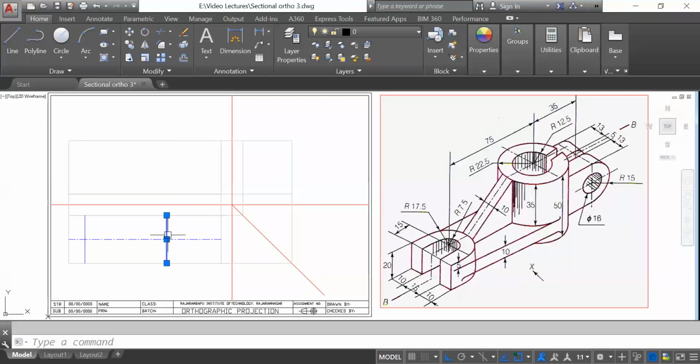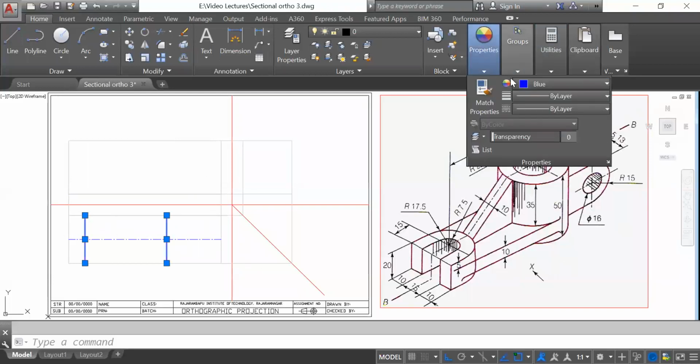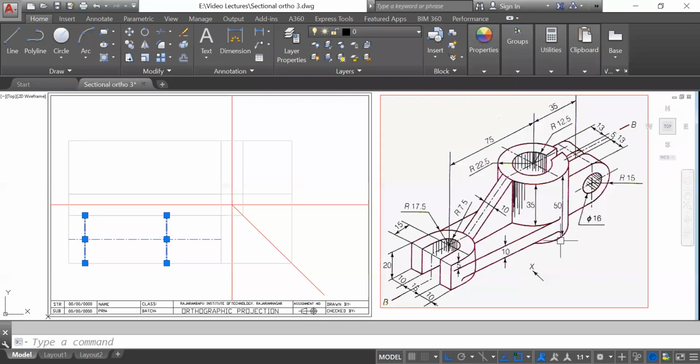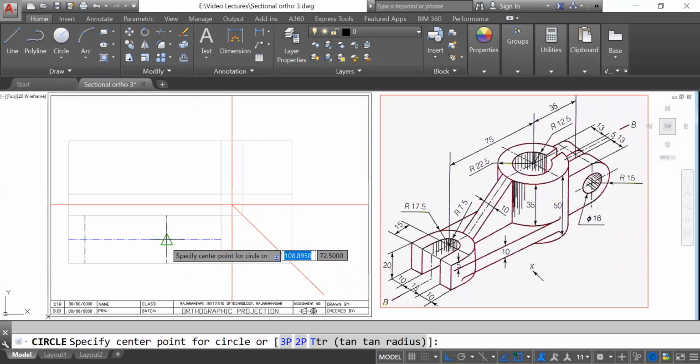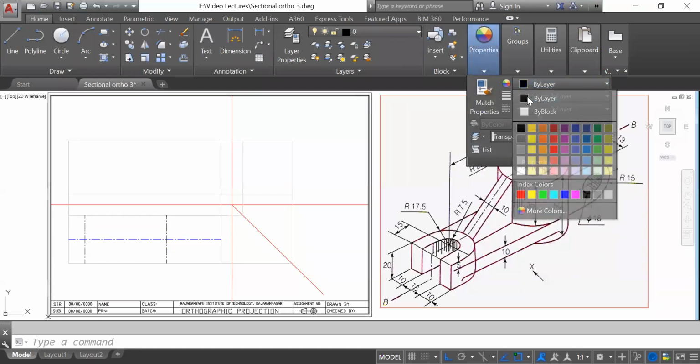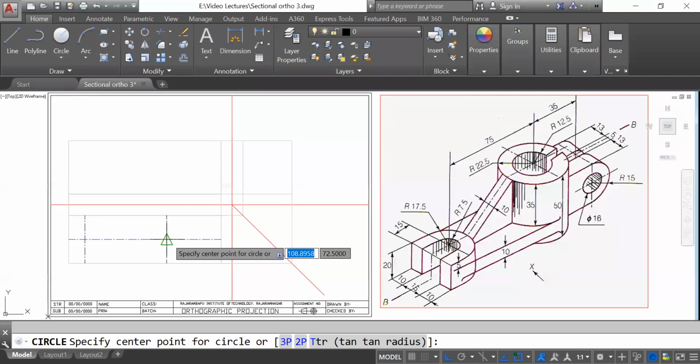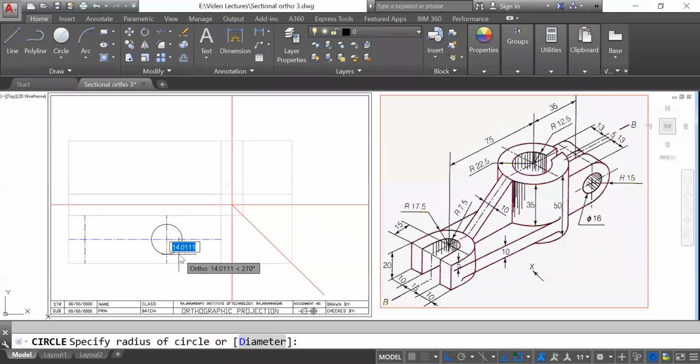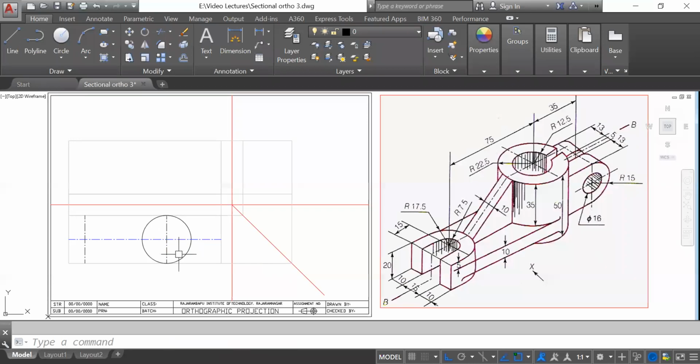Now I'll convert it into center line mode, and then you can go for the drawing of circles. Here the first circle has a diameter of 45, radius equal to 22.5. So I will quickly draw it here, 22.5.